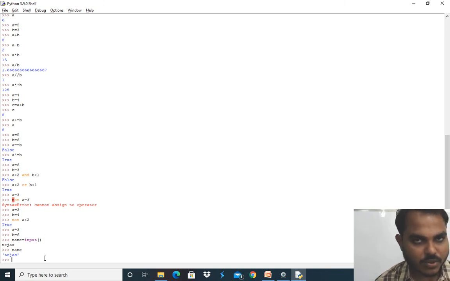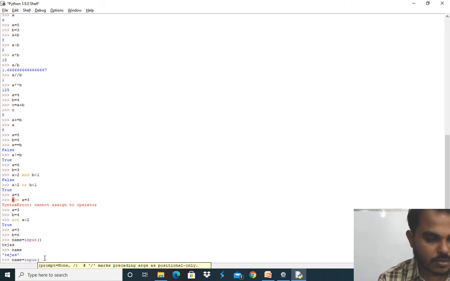So like this you can use the input function. For example, name is equal to input of, and I want to write one statement here: enter your name.